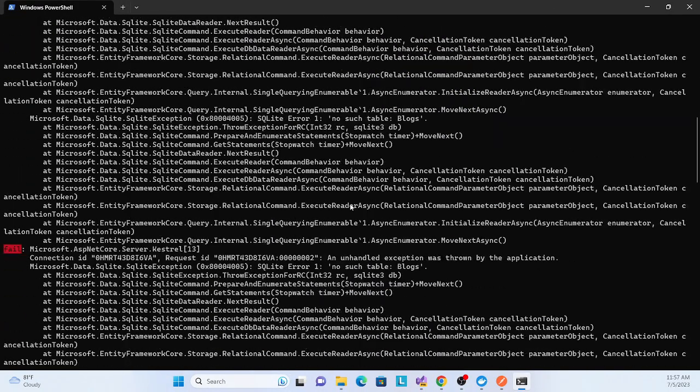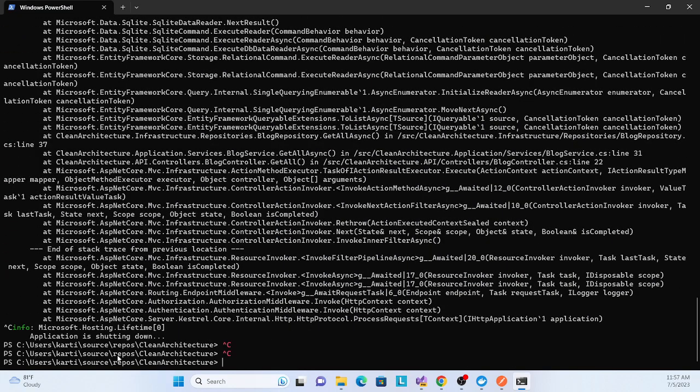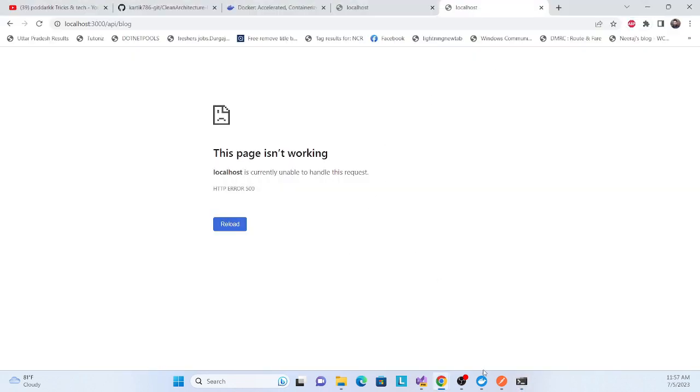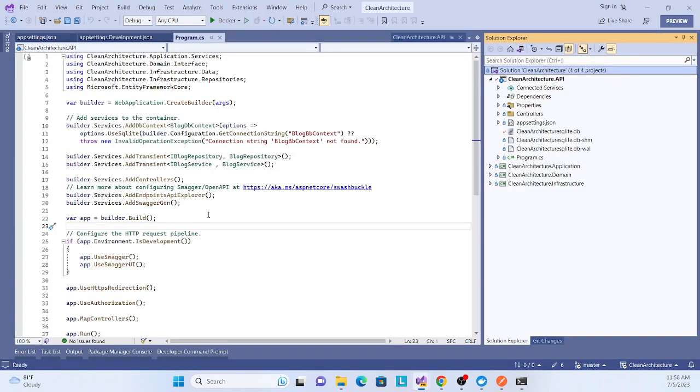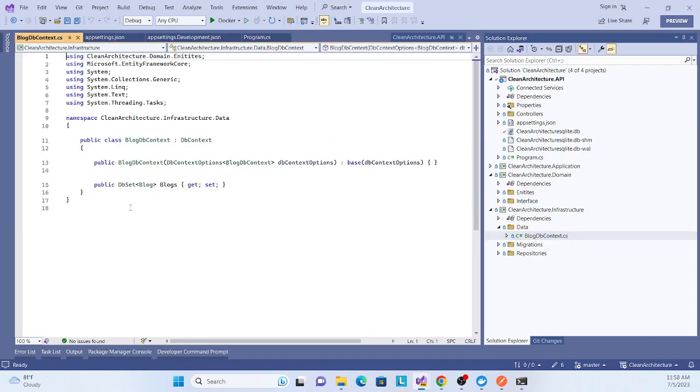And why this issue? Let me close the terminal first. Control C. Okay, clear the console, and open our Visual Studio. See, the problem is, if you go to our domain infrastructure layer, the data layer, we are using Entity Framework, and this Entity Framework requires a migration once you start your application.